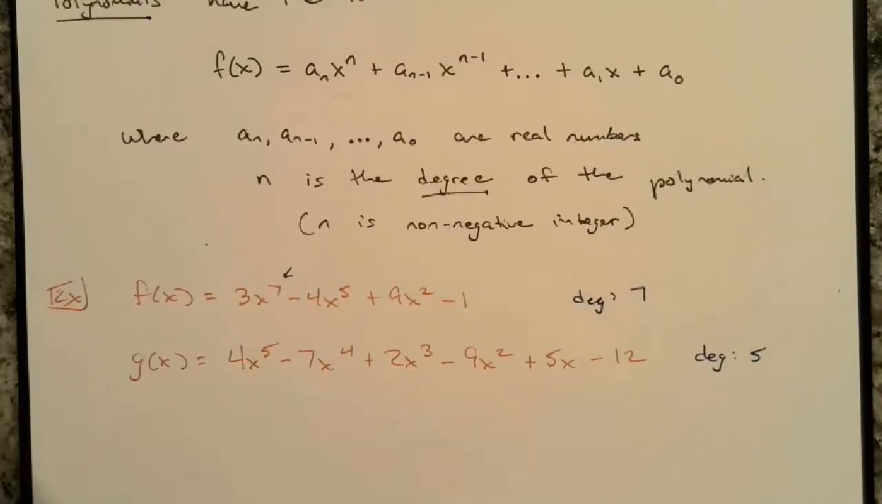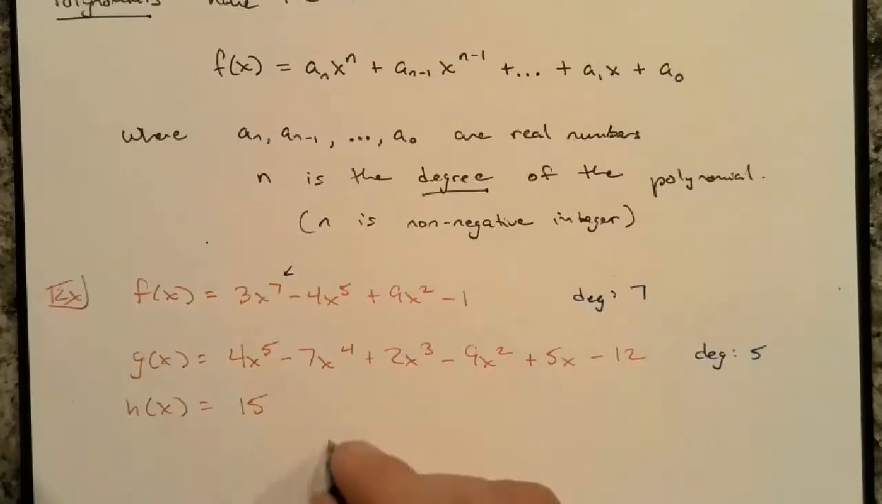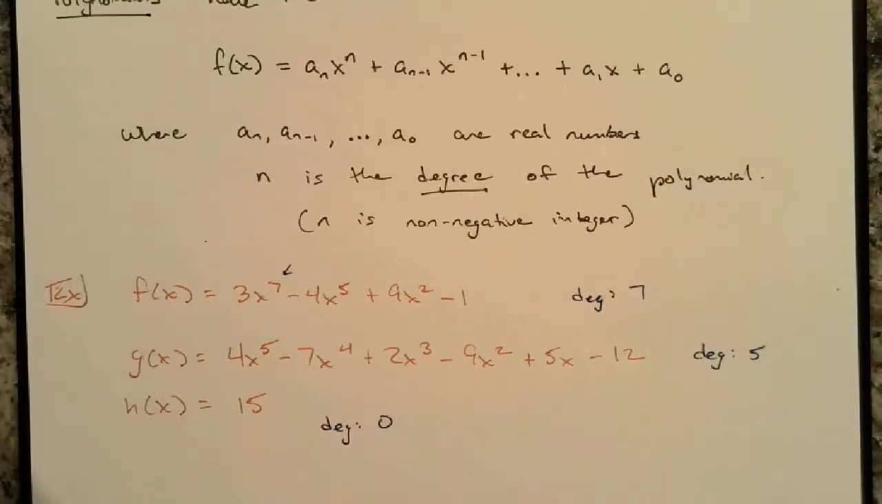Let's look at one more special case. If I said I had h of x equals just 15, what's the degree here? Well, the highest power of x that you see? Well, I don't see a power of x here. The degree here is actually 0. Because really, it's x to the 0 power that makes this work, because x to the 0 power